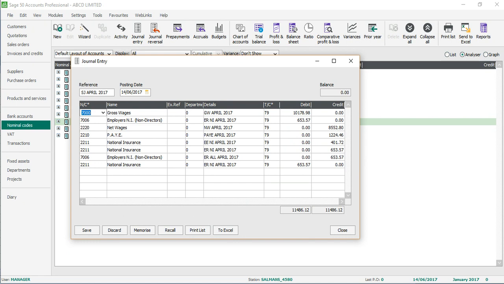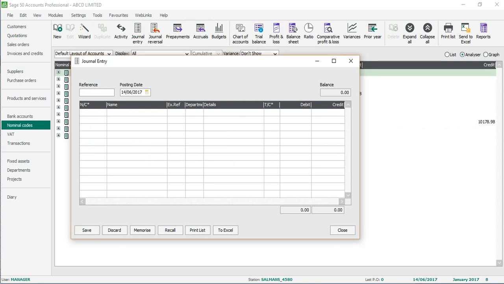Okay, I just need to change the date. Don't forget to change the date, otherwise it's going to go into the wrong month, which will affect your management reports in the end. What you can do is, before putting any cost, you can put all the nominal codes like this, memorize it, and recall it every time you want to post a payroll journal, then put the cost again and simply post it. So I'm just going to click on save, and it goes into